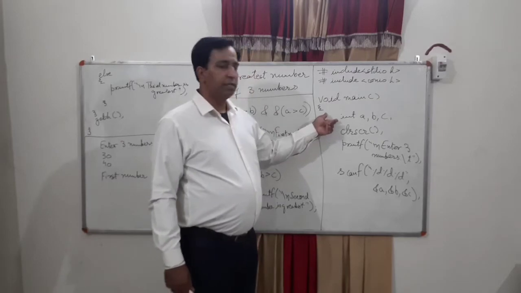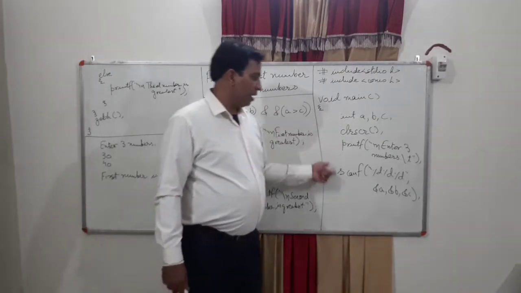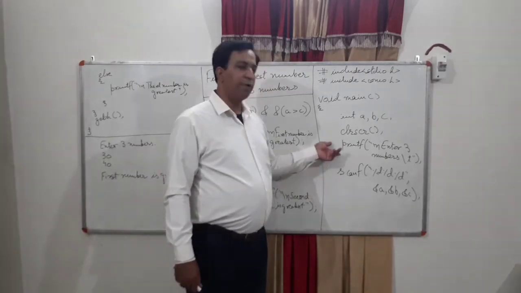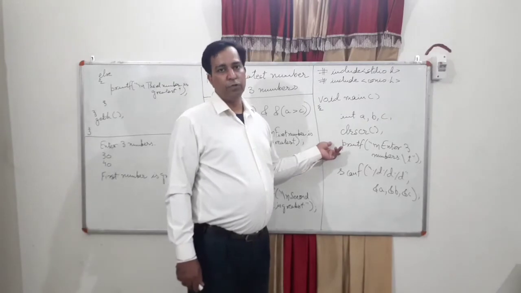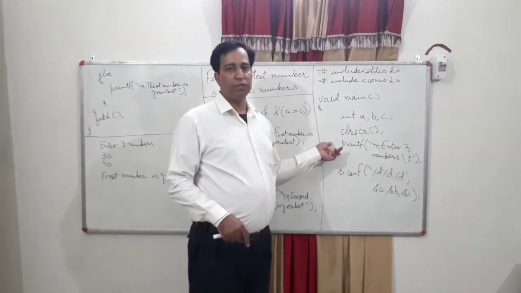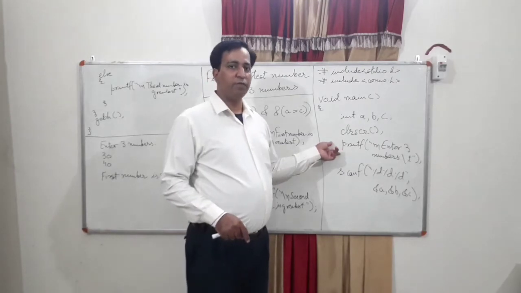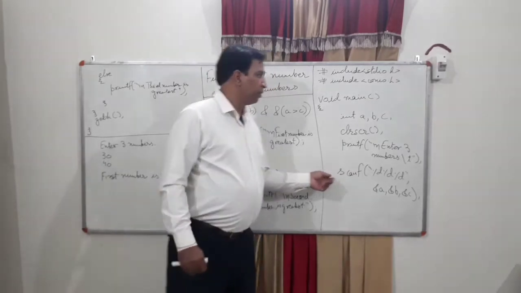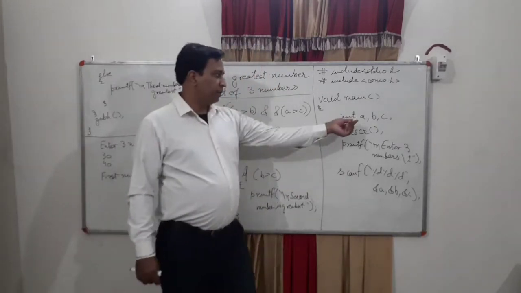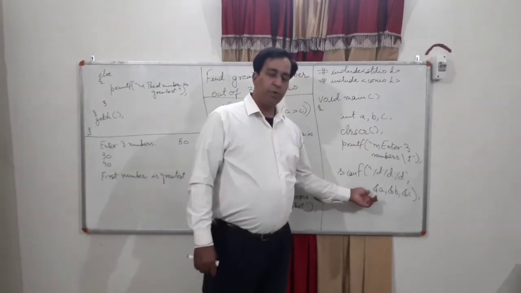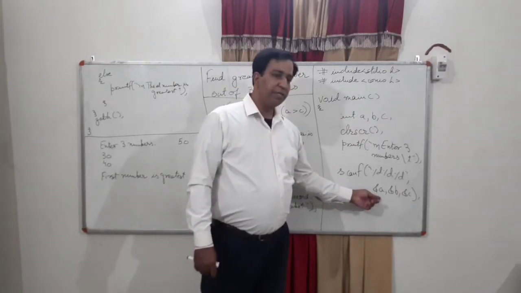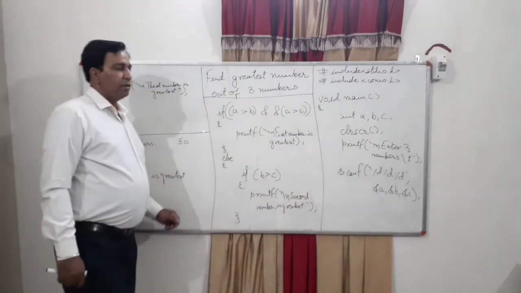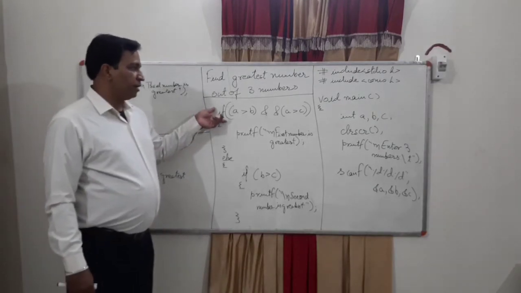Now here what I have done is I have taken 3 integers, I have scanned 3 integers, right? The explanation of scanf and printf statement I have given in my previous videos. You can go in the description section of this video and you will find the links of the previous videos, right? Now here I have scanned 3 numbers, right? Now the integers are a, b and c. So as per the scanf statement, first number is in a, second number is in b and third number is in c. Okay. Now here if statement.